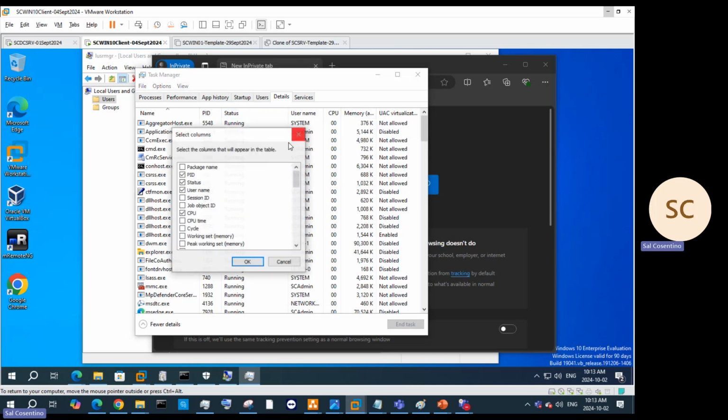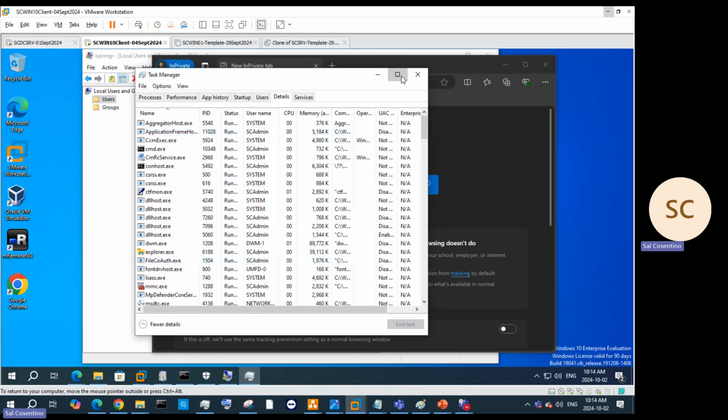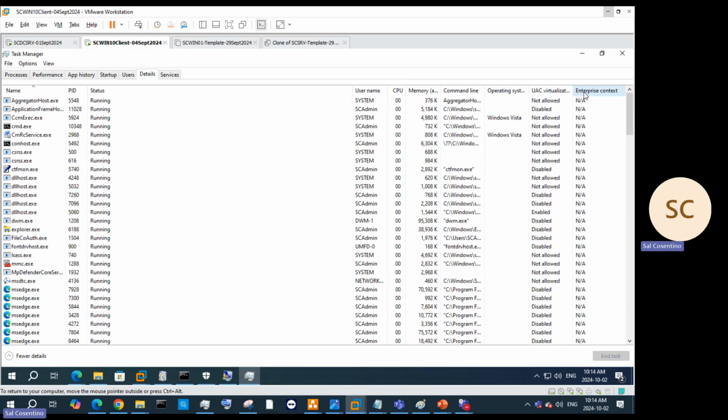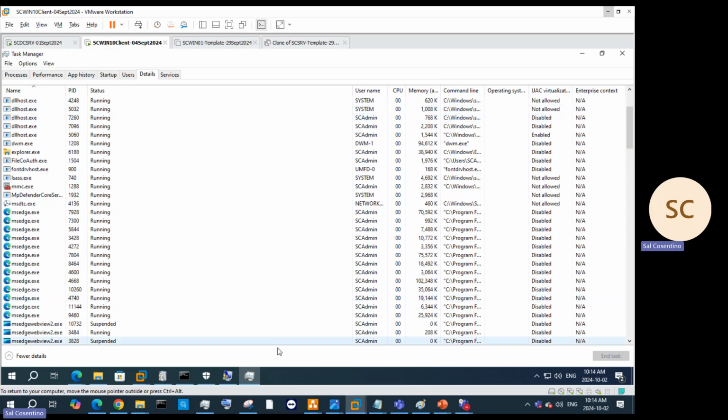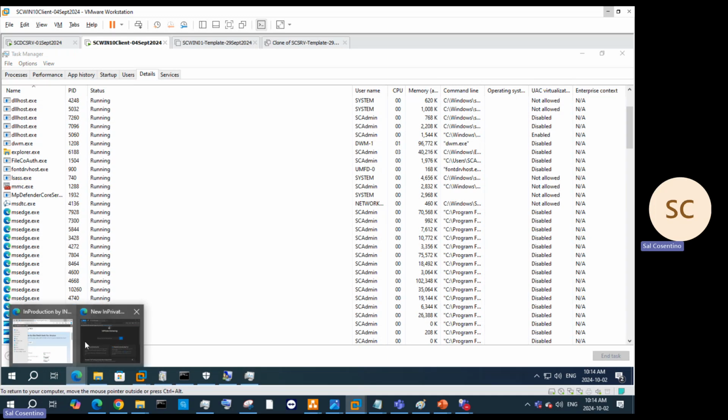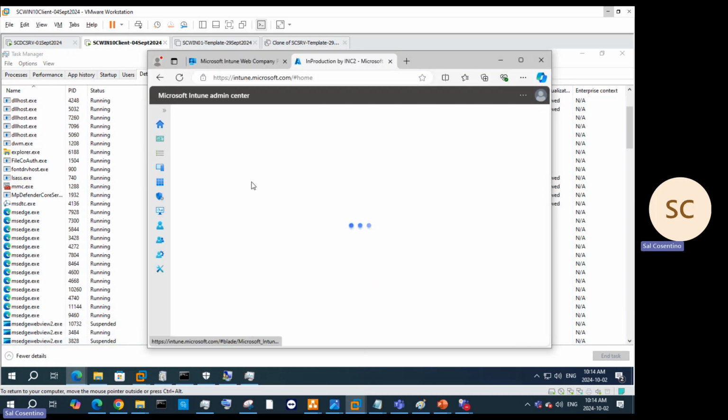We can select columns such as, again, very important columns, such as enterprise context, operating system context, and command line. This works for our Intune subscribers and our Intune and MECM platforms, like enterprise context. So what is that? Why do we need it? What's it for? Enterprise context is part of an application. Again, this is part of the Intune platform, and I'll explain what that means when we talk about